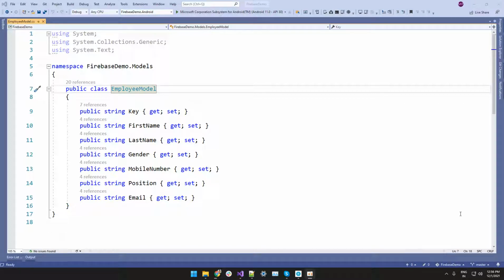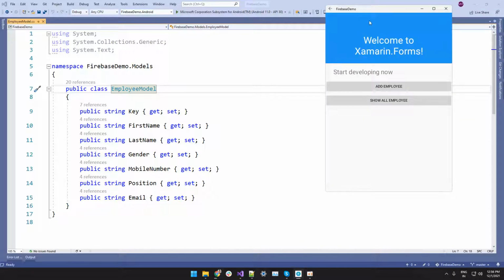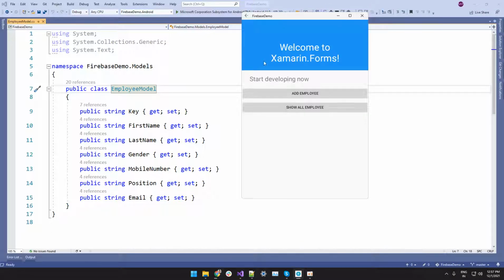Today I am going to show you a demo about CRUD operation using Firebase real-time database. So here I have created one sample application, so let me show you. On the click of add employee, I am going to add an employee record in Firebase real-time database,